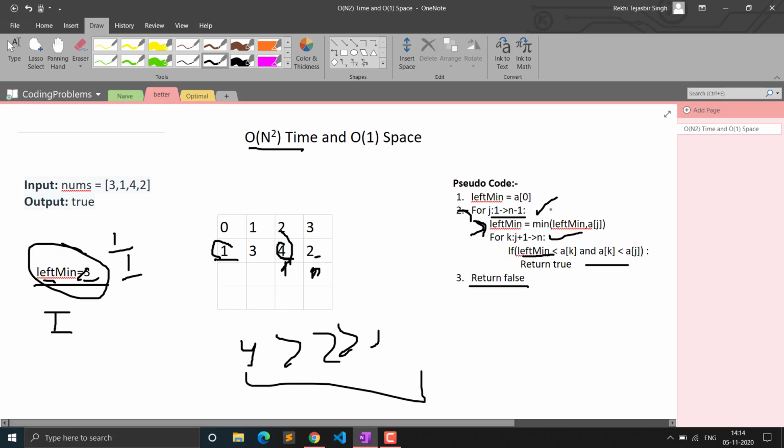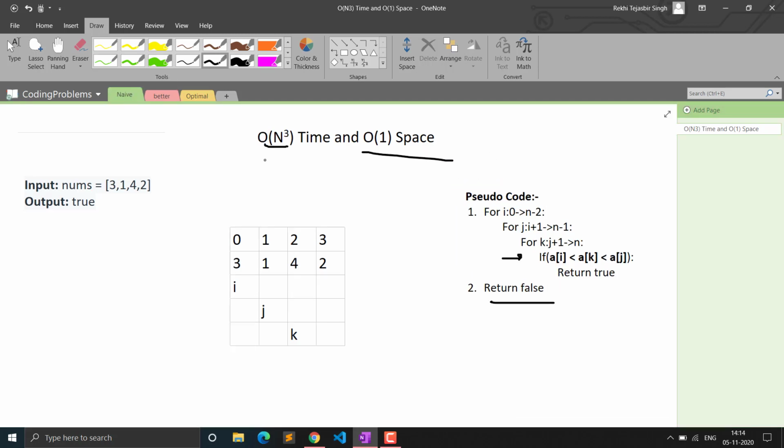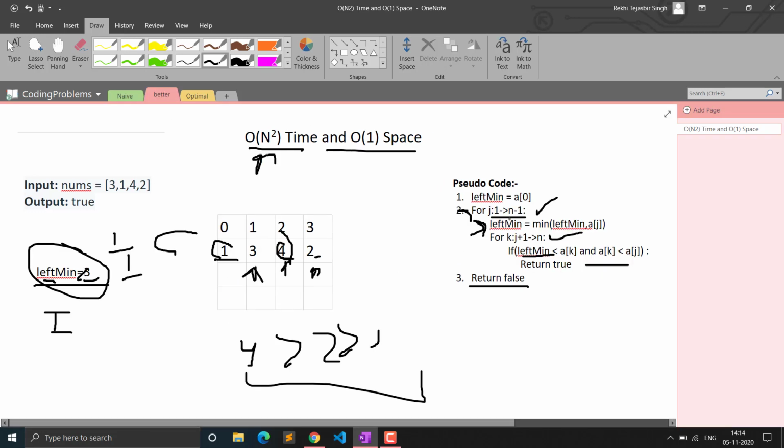So that is why we can simply remove our first loop that we were using for finding the ith element, because the ith element is always the minimum of both. So we will simply set it to the minimum value at the particular element. If we are on this element, we will set i to the minimum of the leftmost array. So that is why we end up optimizing our time complexity to O of n square instead of O of n cube, which is better. So you can also tell this solution in the interview. If you are starting with the brute force solution, you can optimize it further to n square by reducing one loop using simply a minimum element.